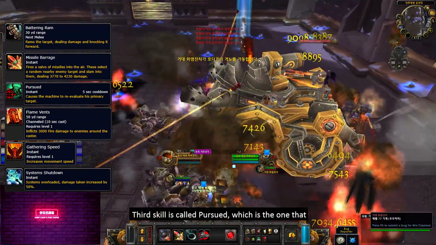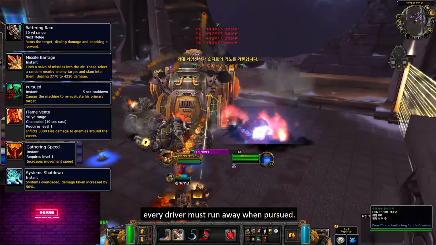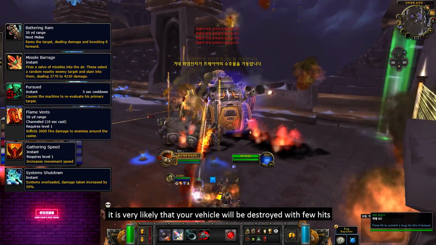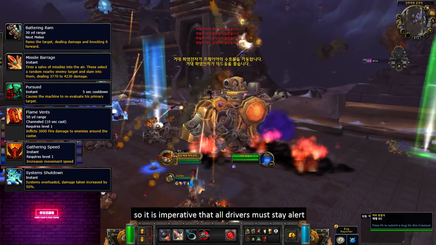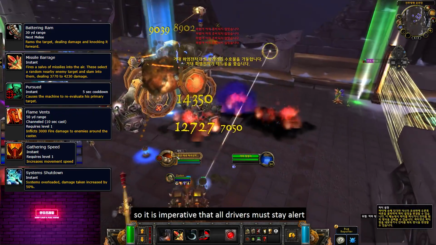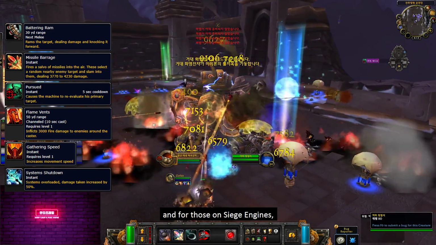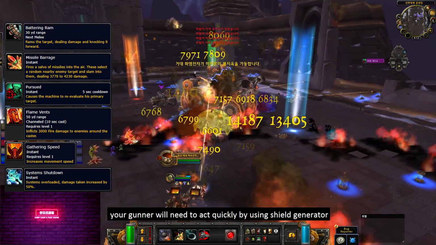Third skill is called Pursued, which is the one that every driver must run away from when pursued. When the boss catches up with your vehicle, it is very likely that your vehicle will be destroyed with a few hits from Battering Ram, so it is imperative that all drivers stay alert and stay well away from Flame Leviathan. And for those on siege engines, your gunner will need to act quickly by using the shield generator to